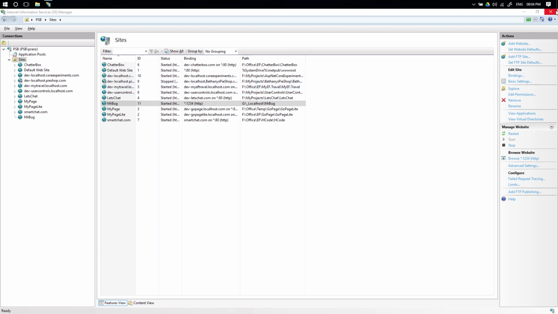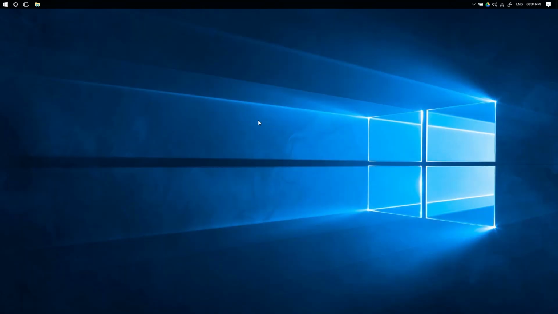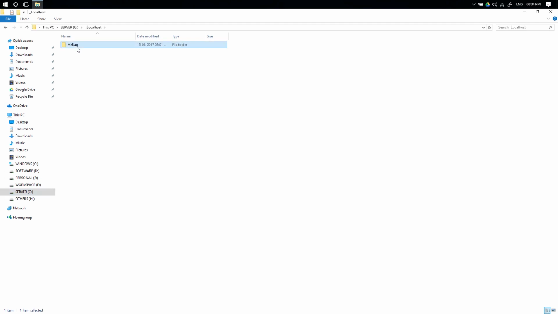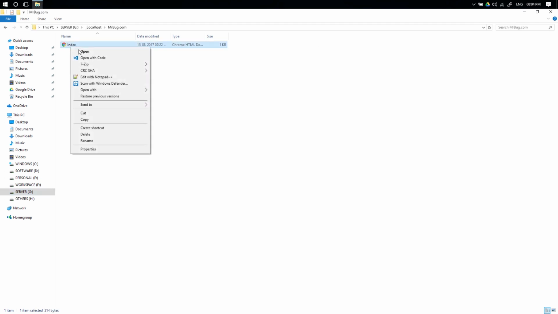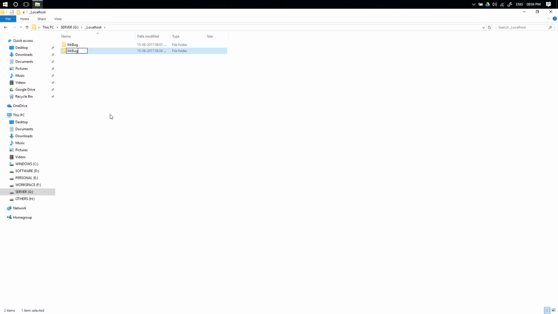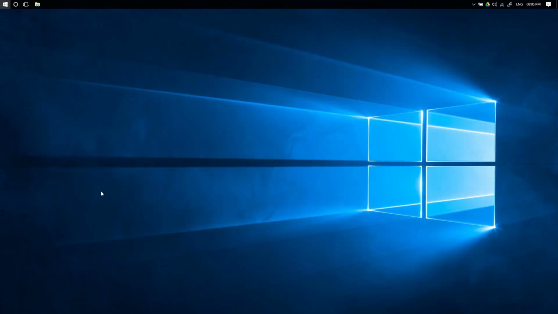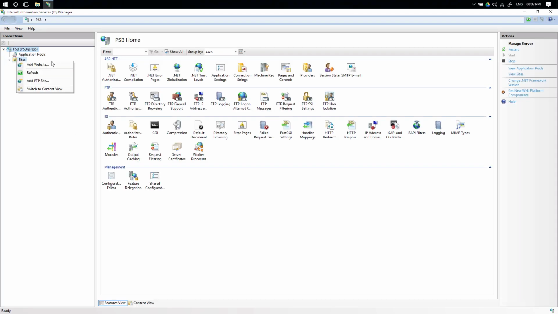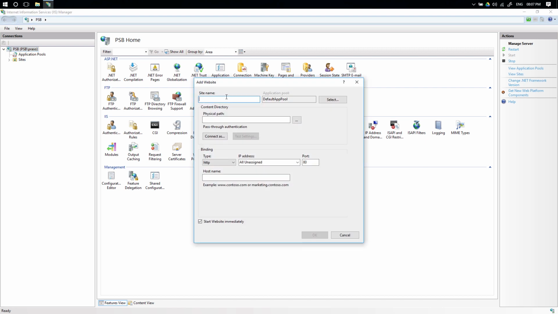So let's try that. Again, we need a web page which can represent the whole website. I'm going to copy the previous index page and then change the text inside to mrbug.localhost.com. Let's place this inside a folder called mrbug.com just for the sake of differentiating the files. Now go back to IIS and right click on Sites and select Add Website just like we did before.